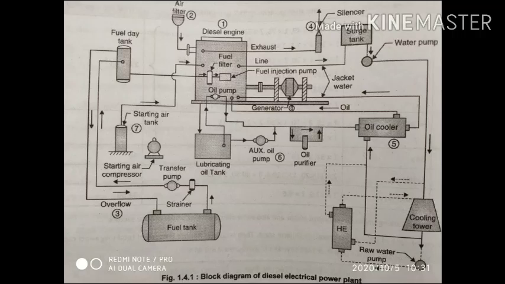They are directly coupled to the diesel engines. They are provided with an AVR, that is, automatic voltage regulator, to allow close voltage regulation and satisfactory parallel operation. The excitation is usually provided at 115 or 230 volts from a DC exciter of rating 2 to 4% of the alternator rating, usually coupled to the engine shaft either directly or through a belt. So these are all the main components of a diesel electric power plant.